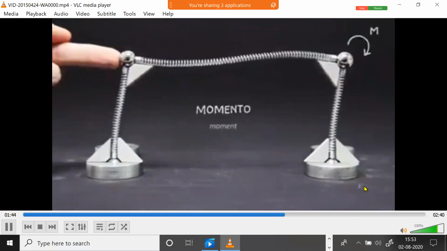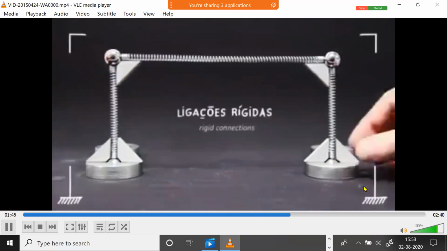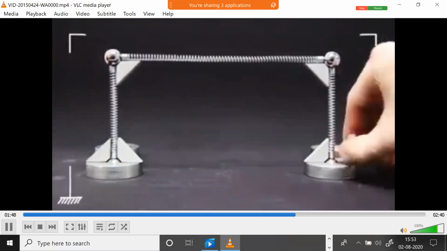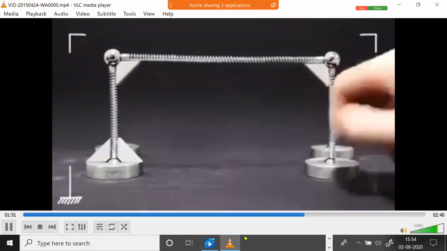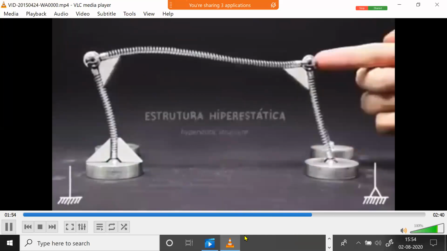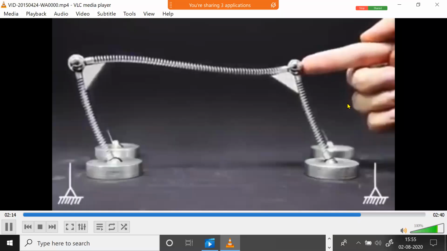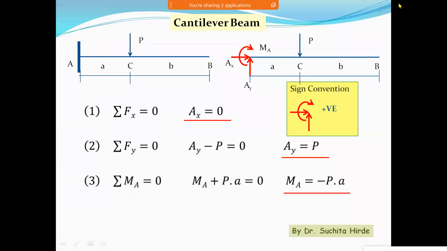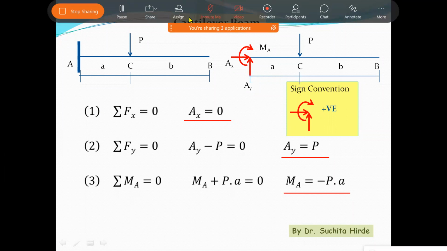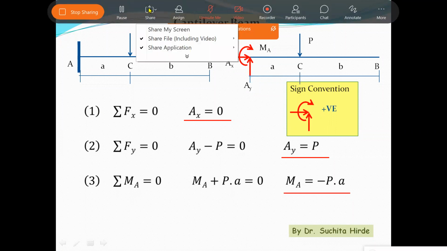The student will be able to see the active window which is currently open on your computer. So be careful when you use the share screen option. Now you can minimize this screen. You will be back to your original presentation. You can share your computer screen through the share option, share my screen.